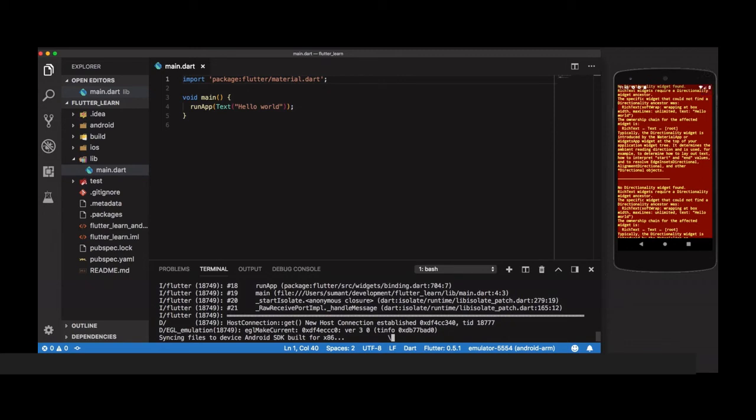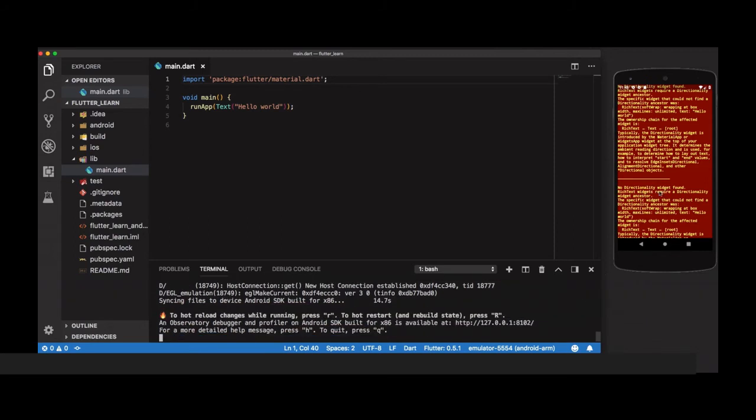Now we can see we encountered an error: no directionality widget found. This is because we defined the text to be displayed on the screen, but we have not defined the direction for it.